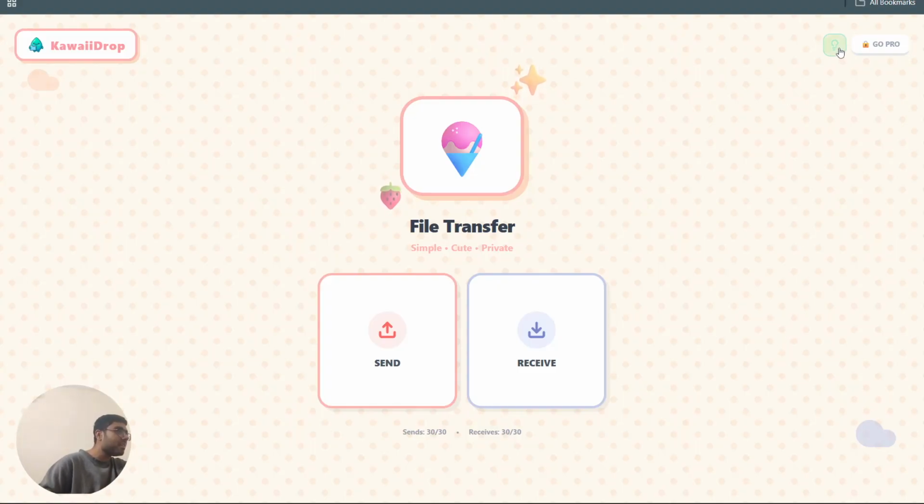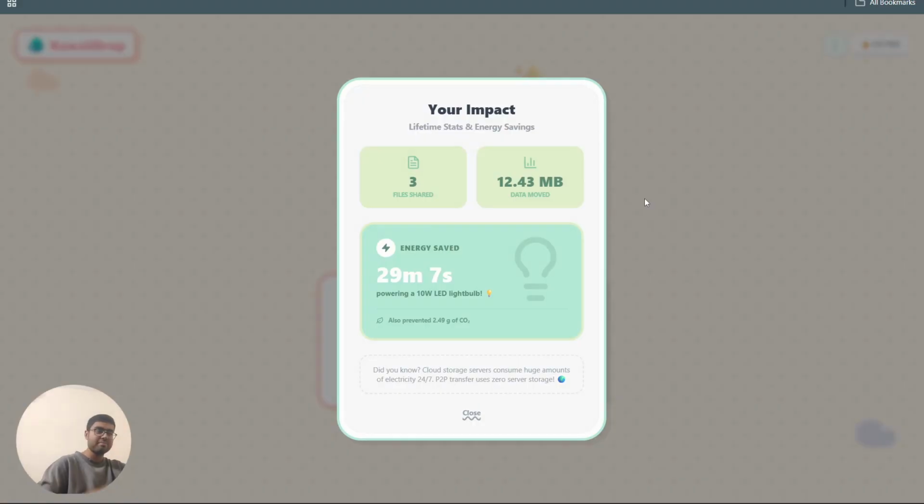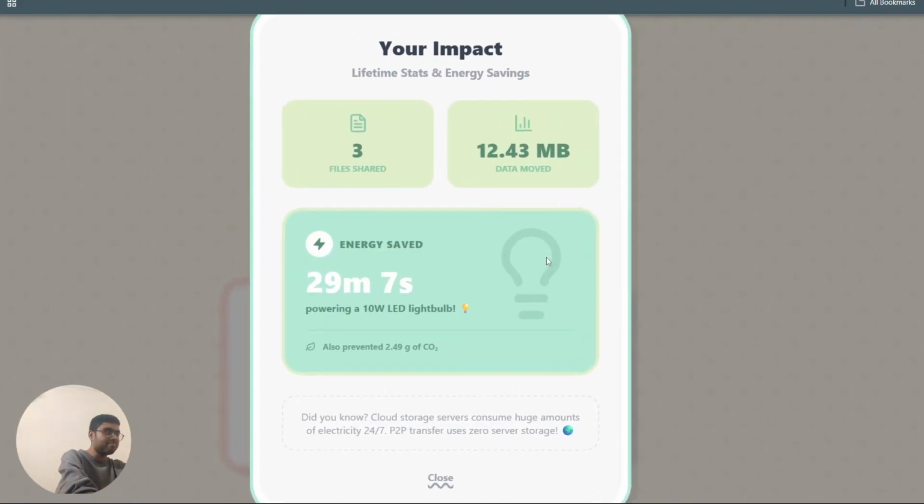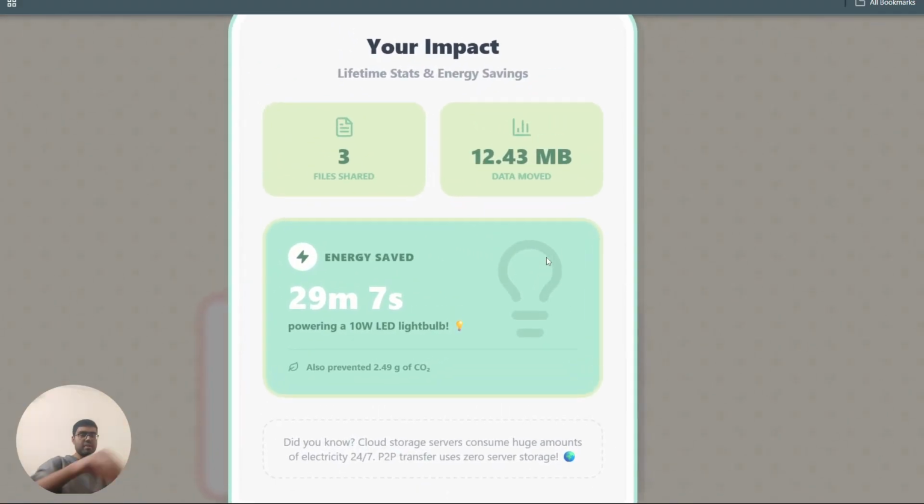you see this light bulb thing? Once you open it, you see this. You have transferred some files. It shows how much data you have moved, and if you zoom in a bit further, it shows how much energy you have saved. The world is moving towards carbon neutrality, and if you have some data on a cloud server,